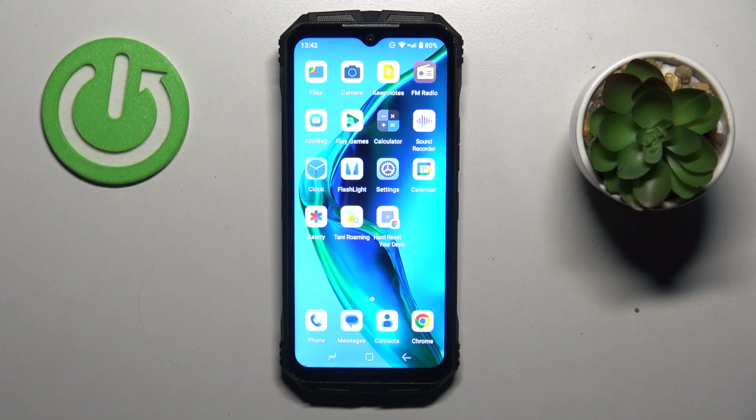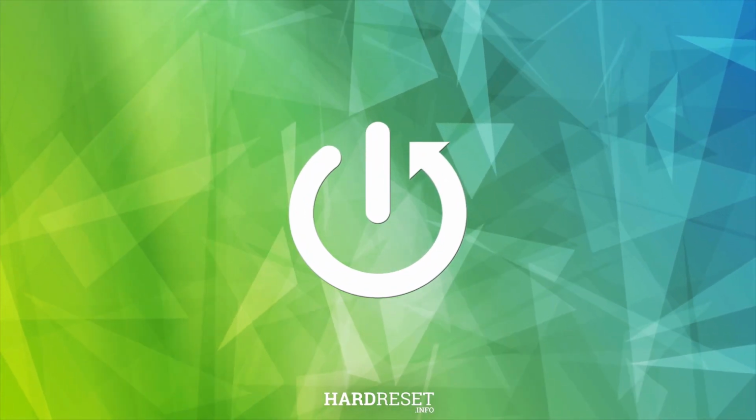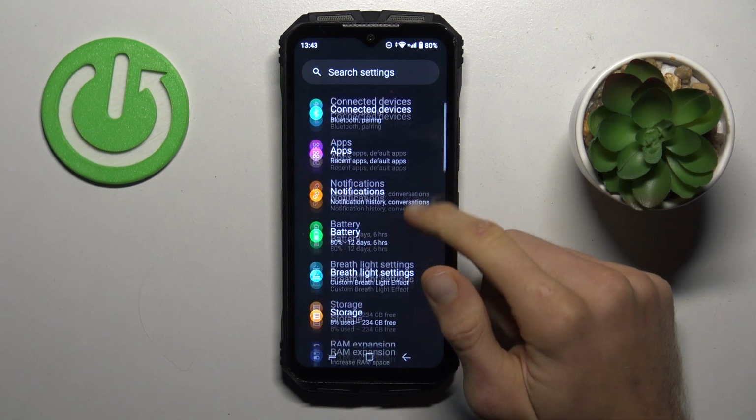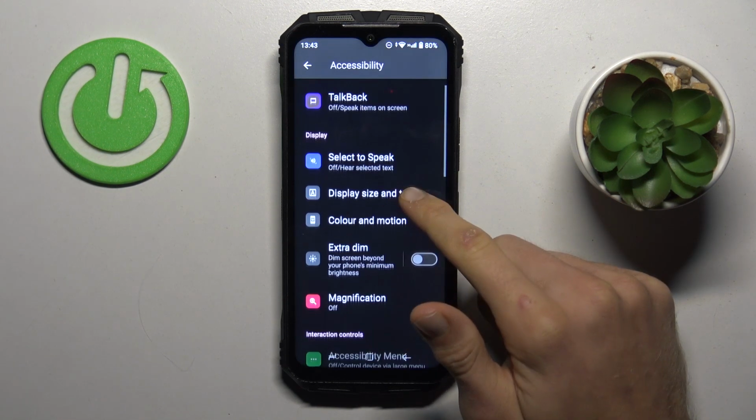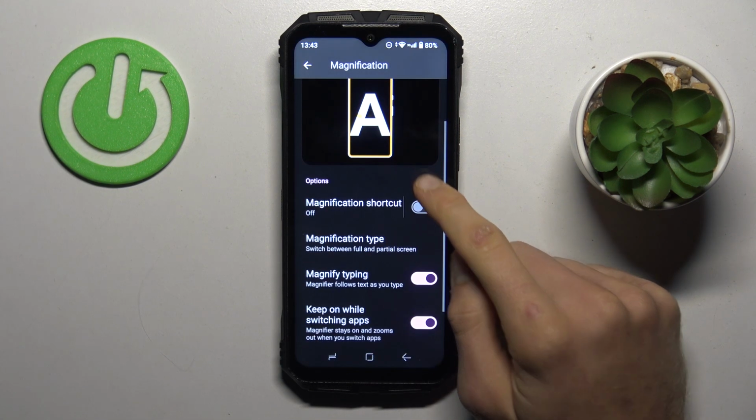Hi, today I want to show you how to add remove magnification to your DOOGEE S Punk. To do it, open your settings application. In it, scroll and look for your accessibility, and there we must open our magnification, where we must turn on